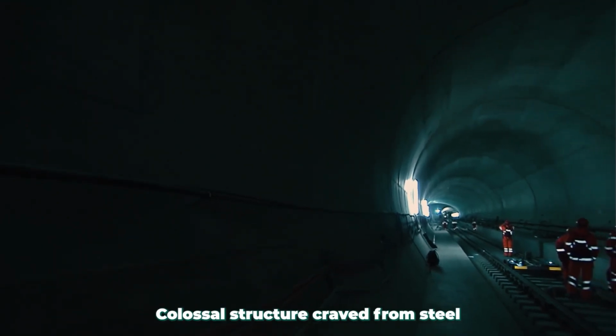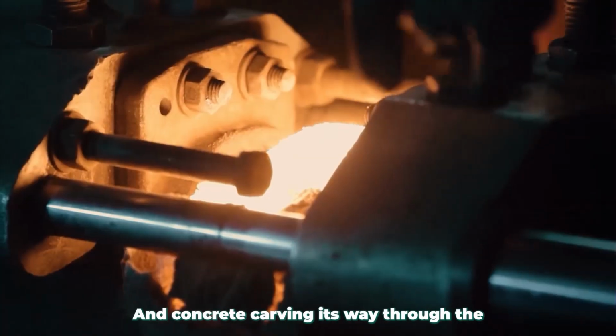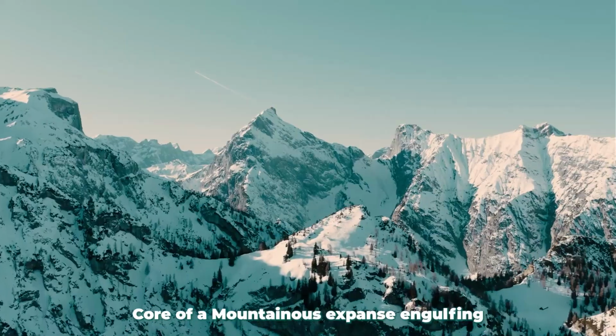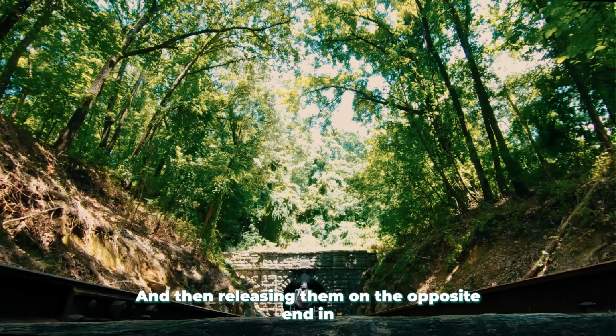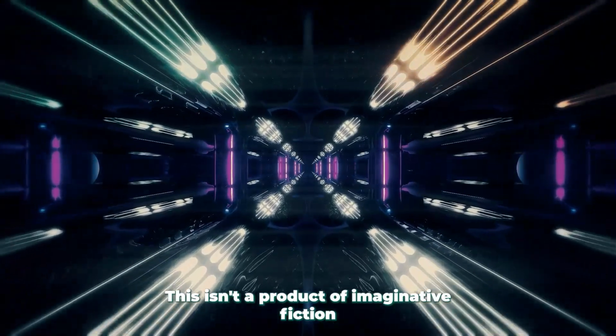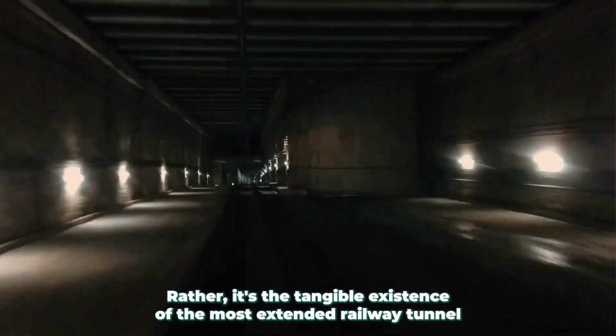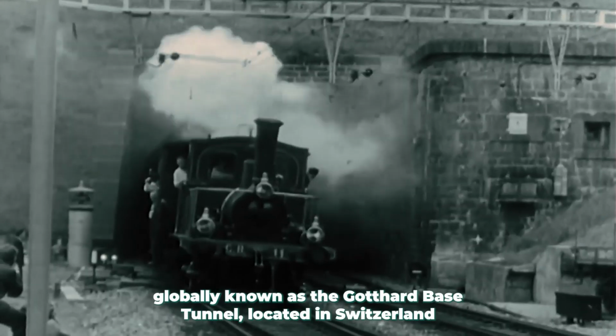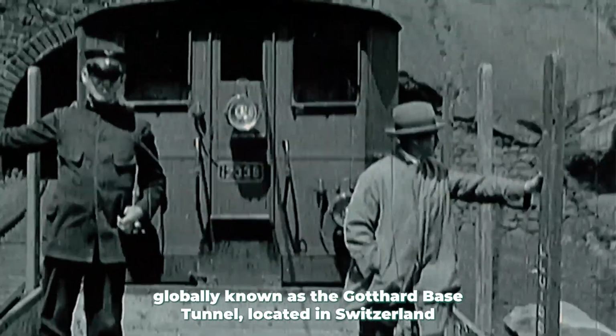Envision a colossal structure crafted from steel and concrete, carving its way through the core of a mountainous expanse, engulfing entire trains and then releasing them on the opposite end in a faraway destination. This isn't a product of imaginative fiction. Rather, it's the tangible existence of the most extended railway tunnel globally, known as the Gotthard Base Tunnel located in